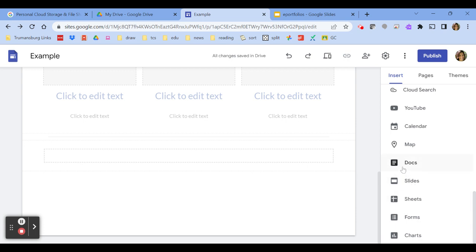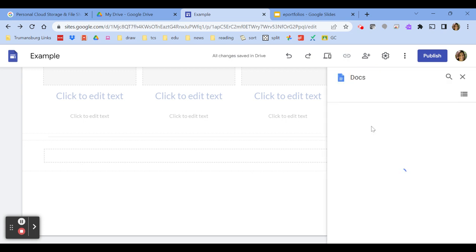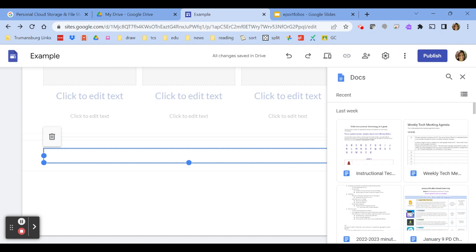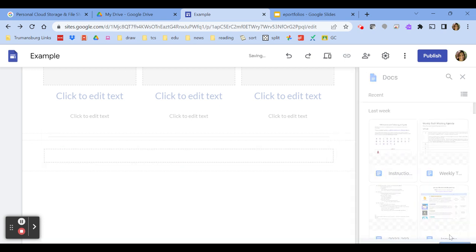And one thing I'll suggest is finding that item, having opened it recently, because right now, if I click open docs, it's going to show things that I've used recently, which is really helpful. So I can also search, but if I found it recently, then it's just going to come right up for me. So I could say, well, I want to insert my instructional tech document that I just made,